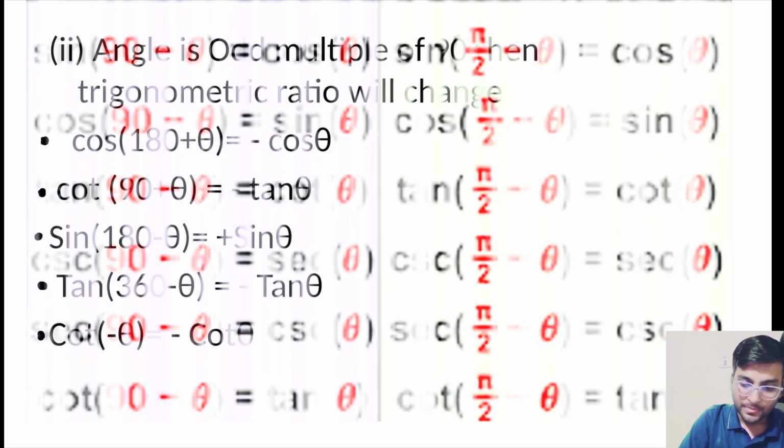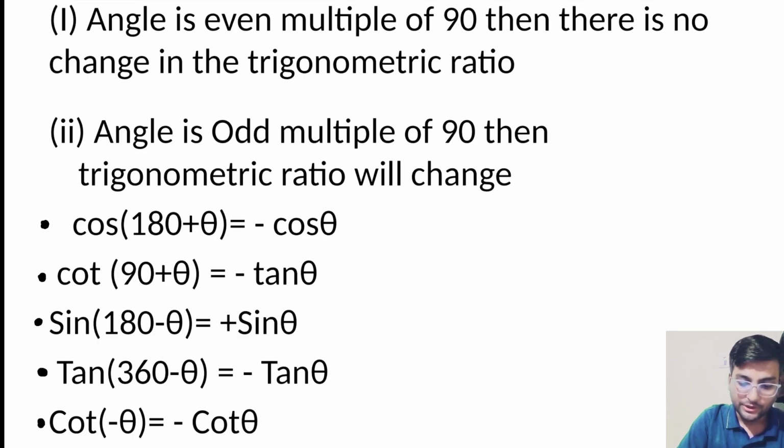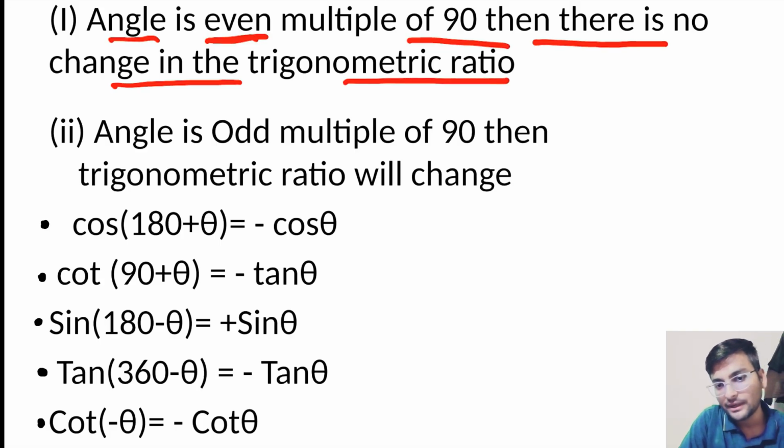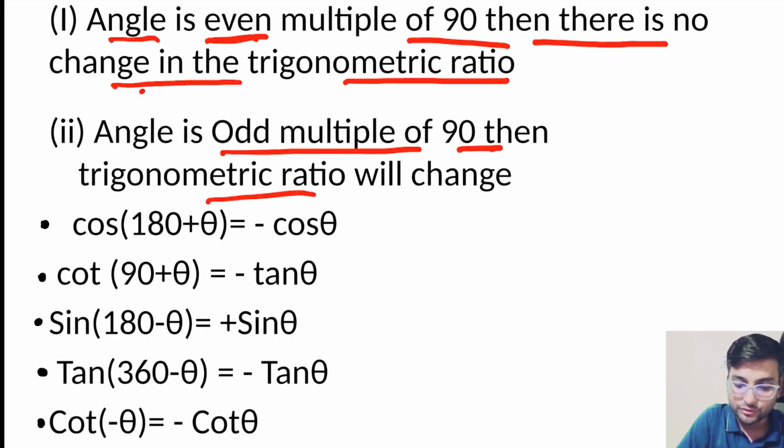Clear? Now, next we are talking about some important points. Suppose the cos is here, the important point is written there: if the angle is an even multiple of 90, then the trigonometric ratio does not change. And if I am talking about an odd multiple of 90, then the trigonometric ratio will change. Suppose this is an even multiple, then cos theta becomes cos theta only. Simple. And when it is an odd multiple, then this becomes